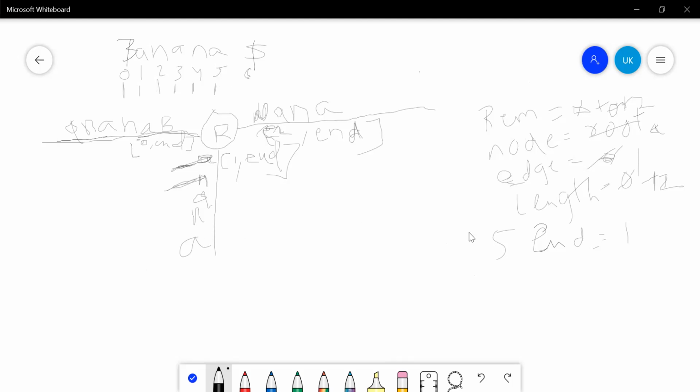So according to the next step, we increase the length by 1 and also remainder by 1. So now remainder is 3, length is 3, and we have reached to the dollar symbol, adding dollar everywhere. This way we got 3 strings called banana dollar, then ANA dollar, then NA dollar.